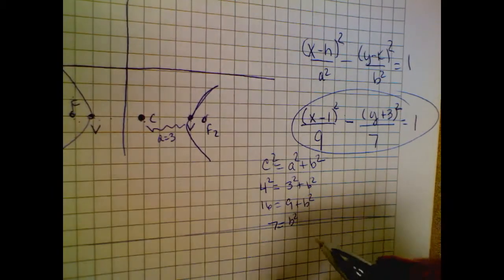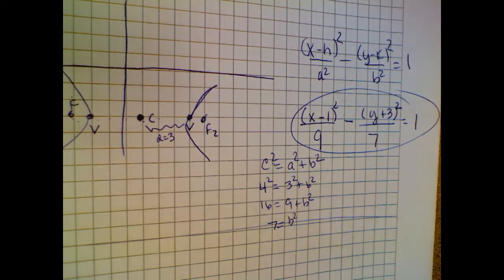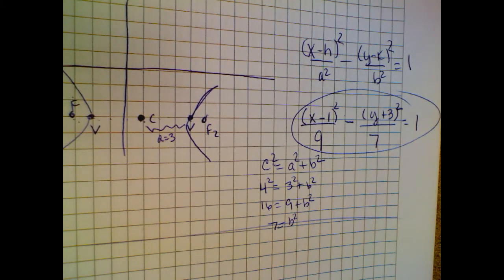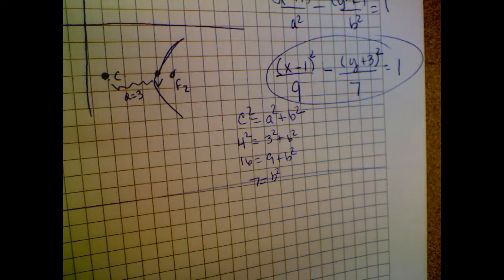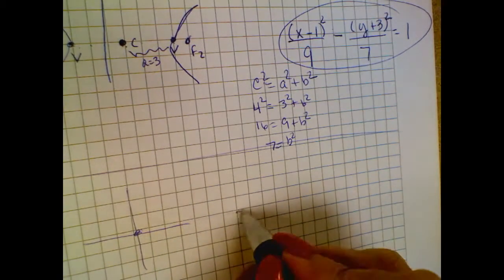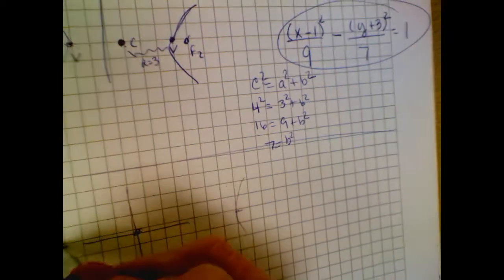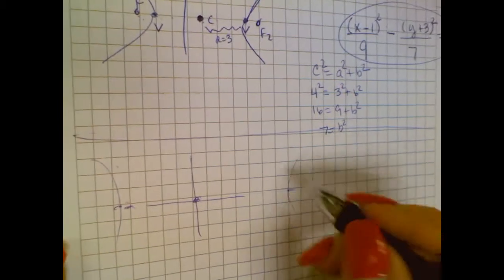Okay? 9. How does increasing the value for a for the hyperbola given by this affect its graph? What happens as a gets larger? It's getting further away from the center. So I would say, like if you had a center right here, if you increase this to here, these are just getting further away from the center, right? If you're increasing this, right? So I would say number 9,